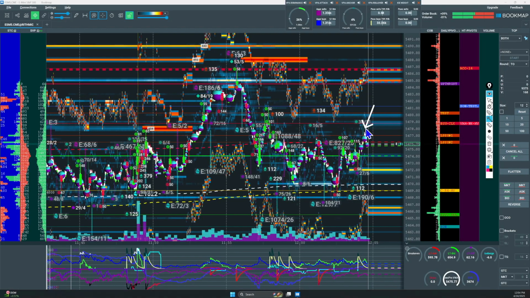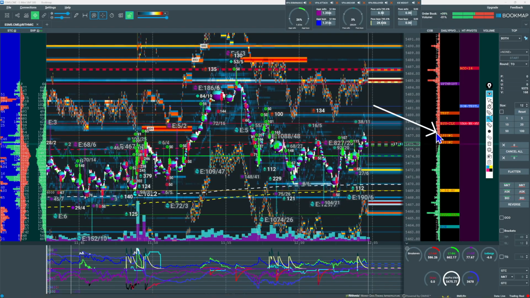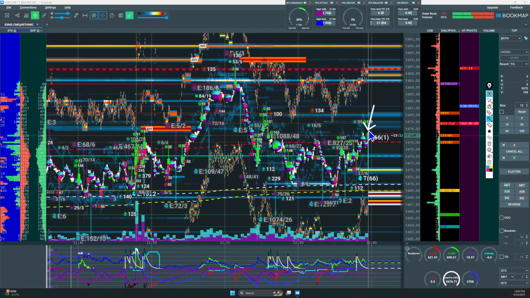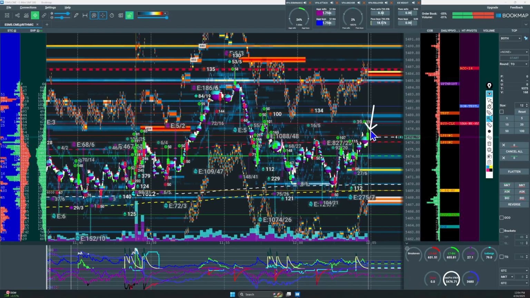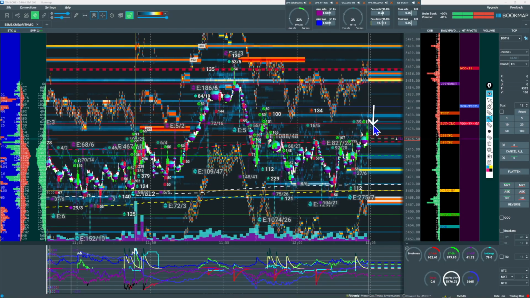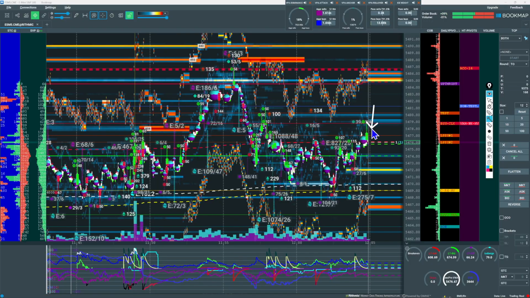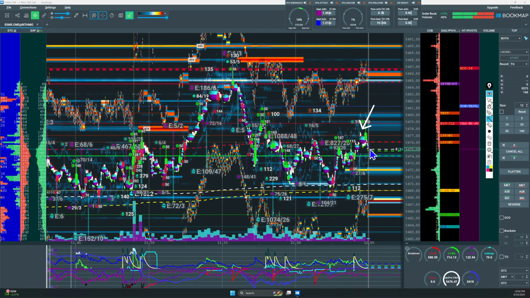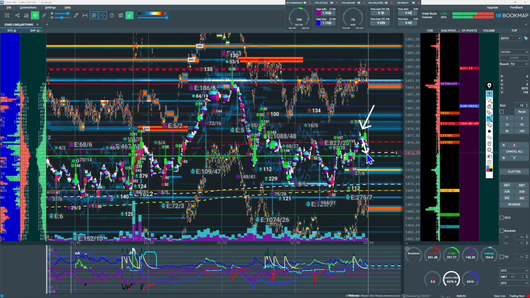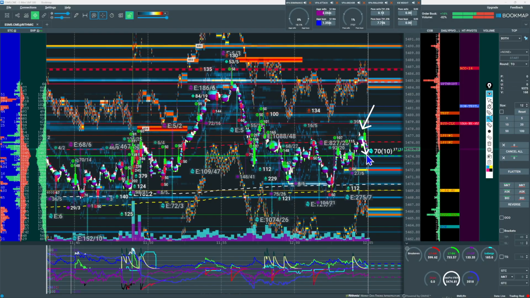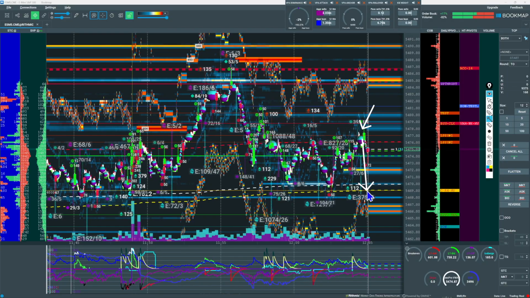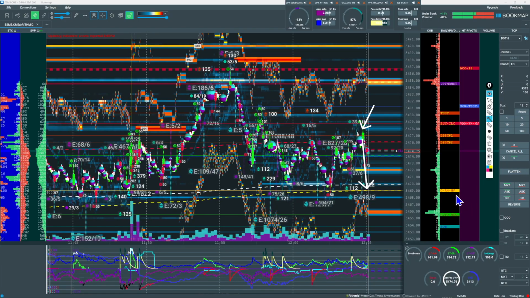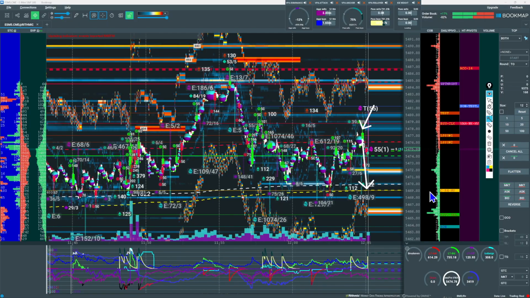Like this right here. You see the exhaustion right there, this prior LPSY is a good place to go short. We have buying stops, but let's see if the buyers are going to take control. I usually would go short right here, stop just above this level, and we're trying to push down below this volume point of control. We're looking for heavy sellers, and we're trying to get down to somewhere around, let's say, Camarilla R4. So let's see if it works out.